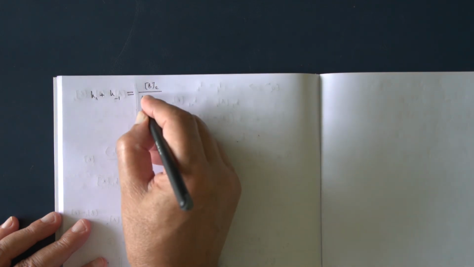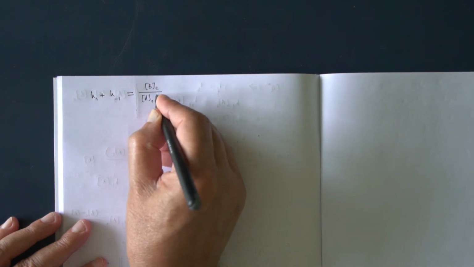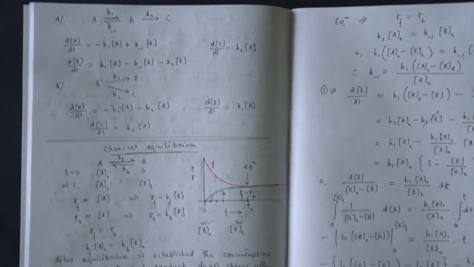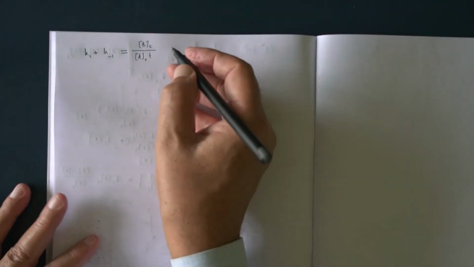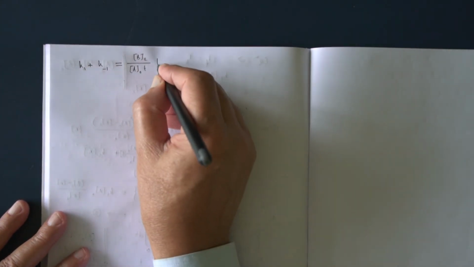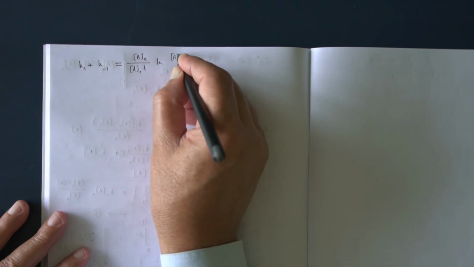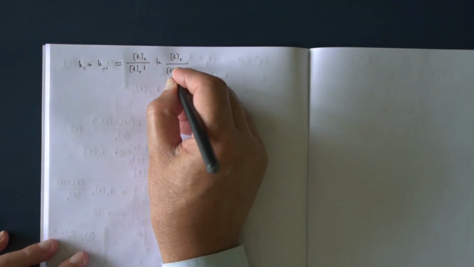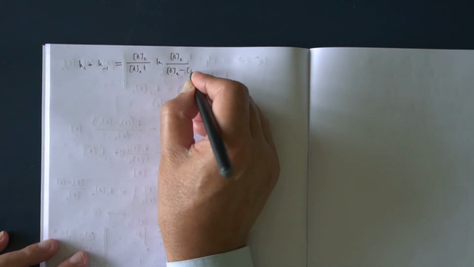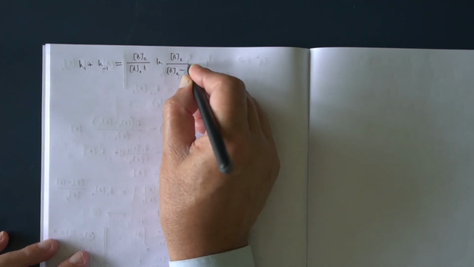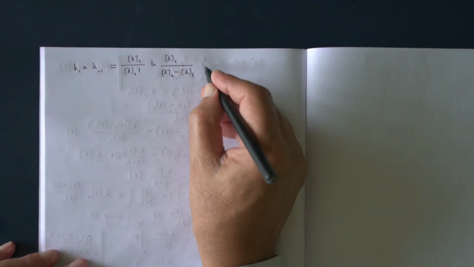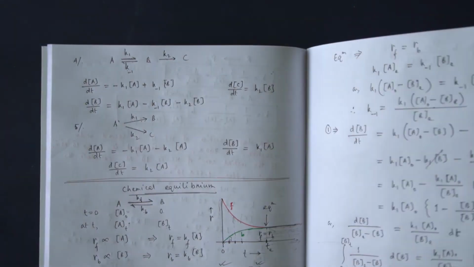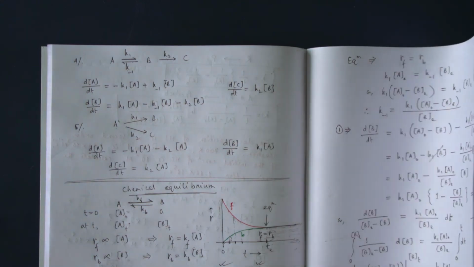1 by a naught t, ln be by b minus bt. So this is k1 plus k2, then k minus 1, k minus 1 equal to a naught minus be